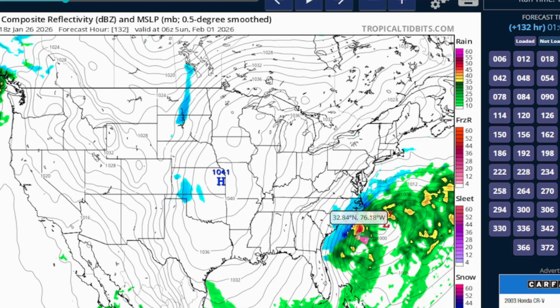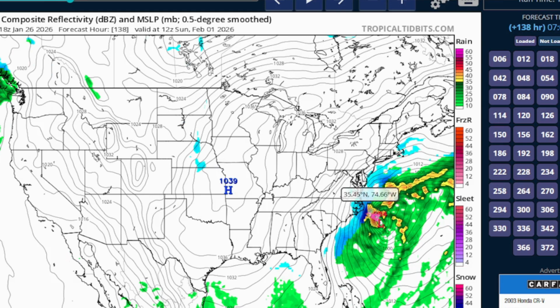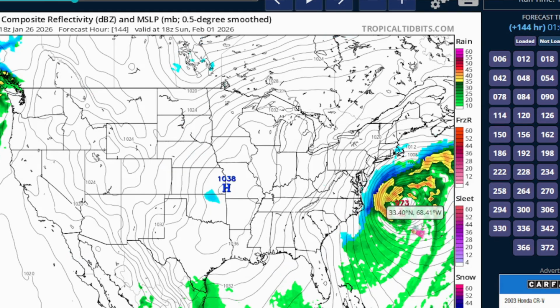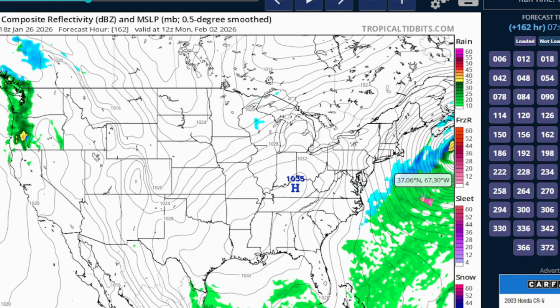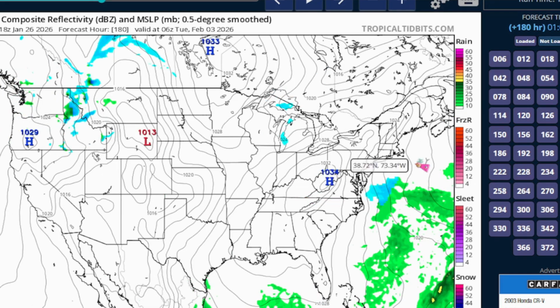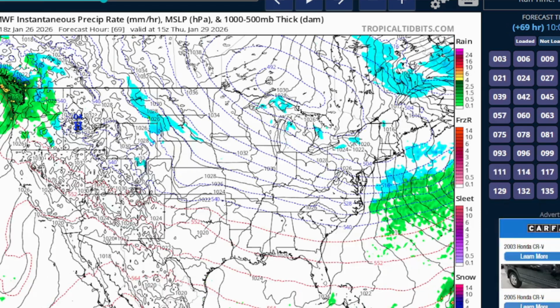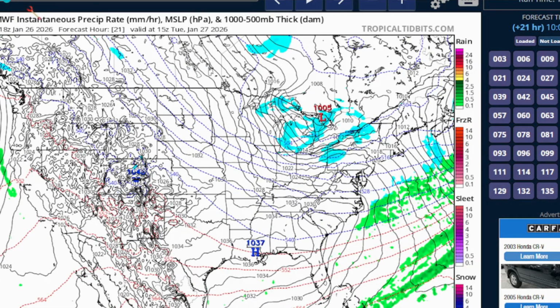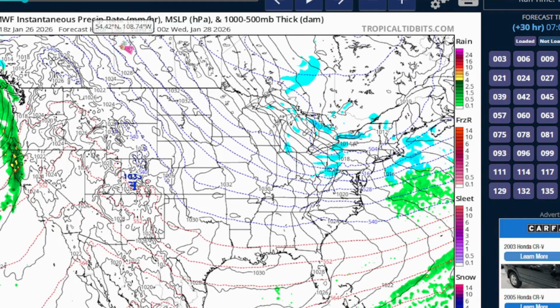As the day progresses on February 1st, which will be the first day after the end of January, you can see the snow is going to the east, but somehow this low pressure from the south is pushing it away all the way into the northeast and eventually reaching the Canadian parts. But this is where it gets a little more tricky. As we move on, we will show the European model as a debate. Here's the European model. It is set on January 29th, which we will reduce back to January 27th, and it will be set at 7 p.m.